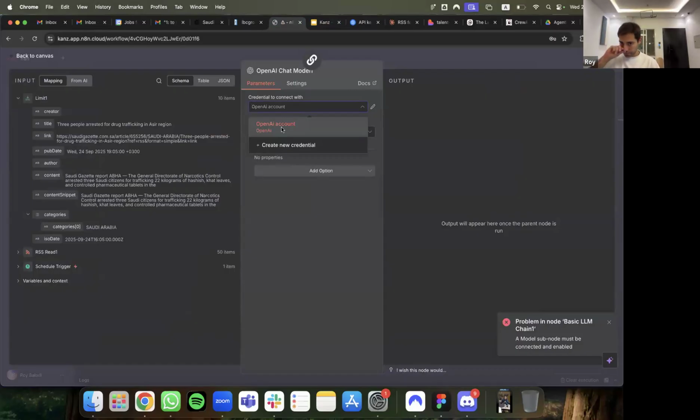Five more yeses. Just a reminder that if you look behind here on the left, you're going to find all the nodes that are connected. If you don't see anything here, that means you haven't connected it.